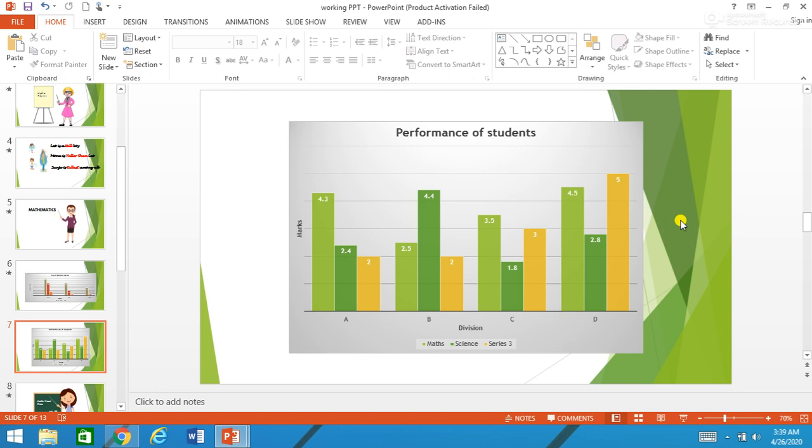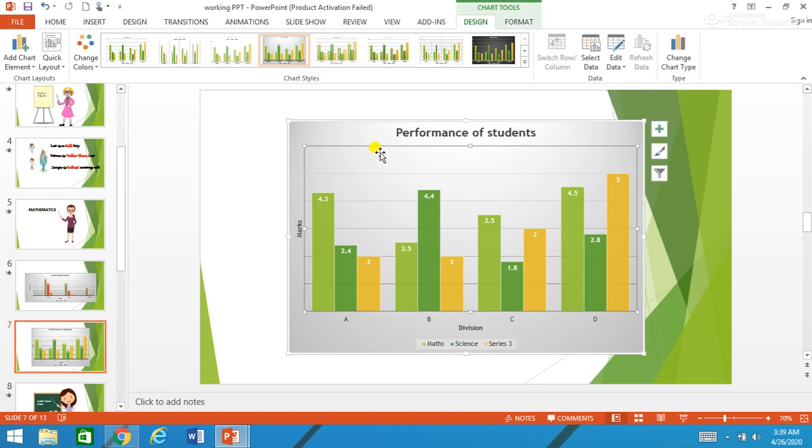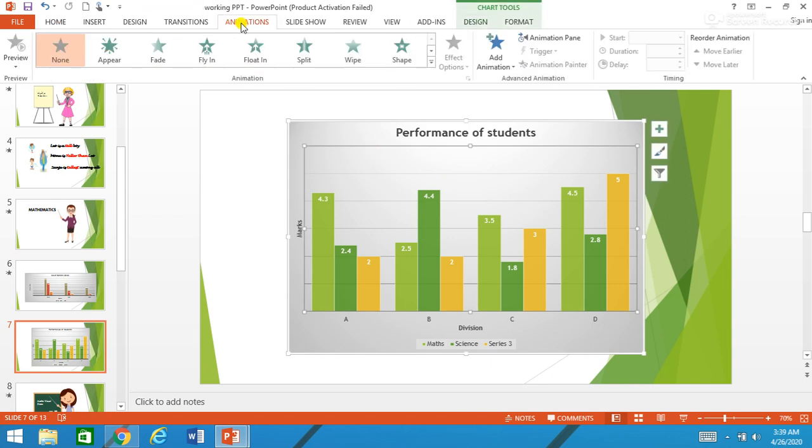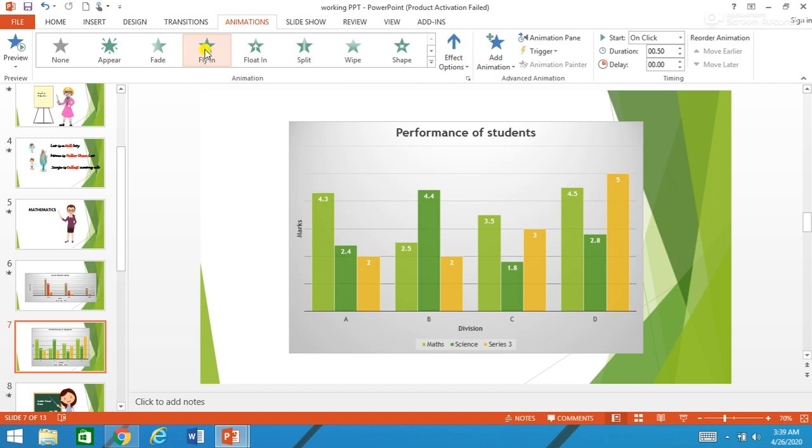Now I am going to add animation to it. Suppose now I click on the chart and I want to animate. Suppose I want this chart to fly in. I just click on fly in and the chart flies in on the slide.